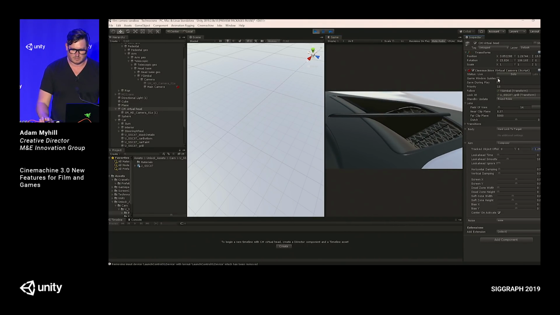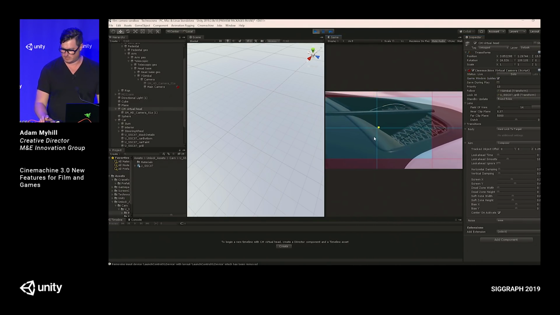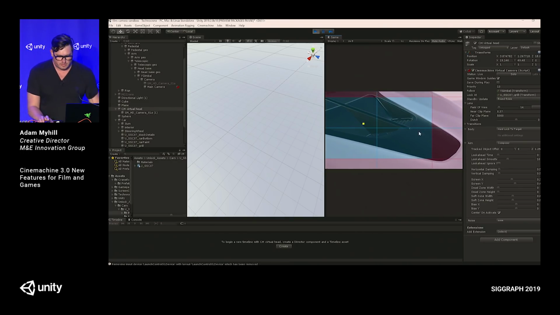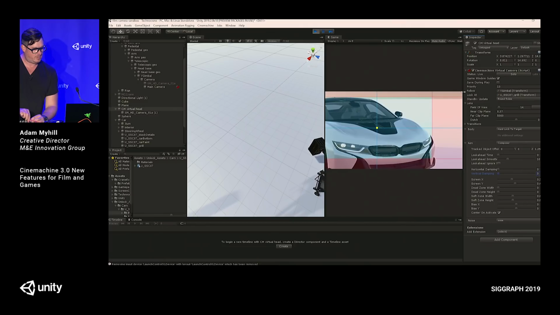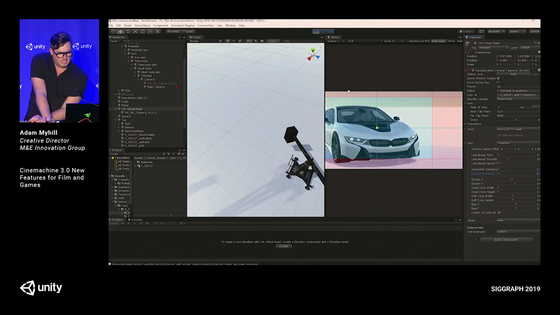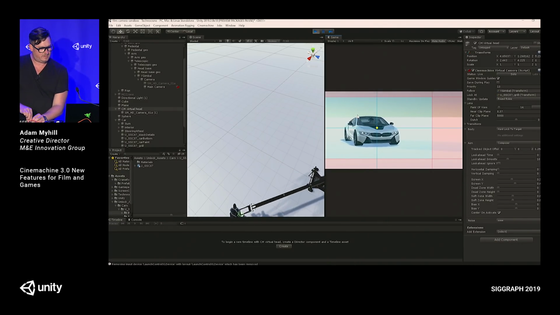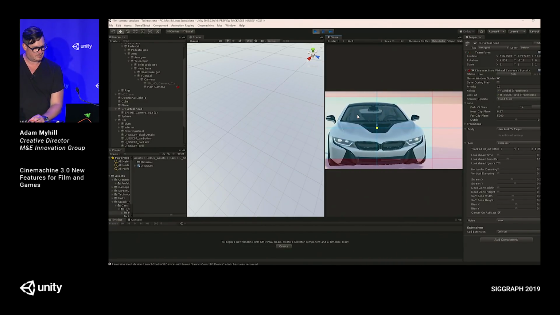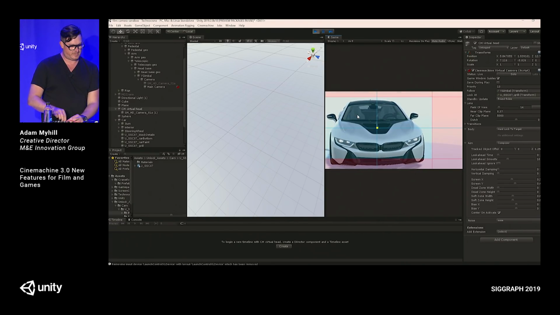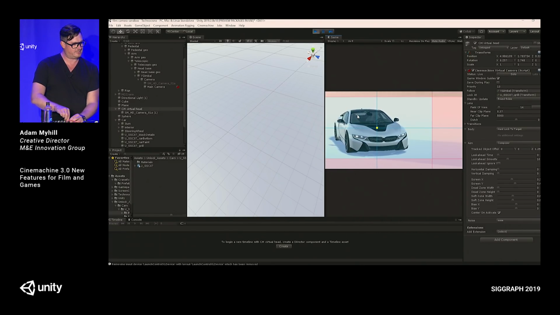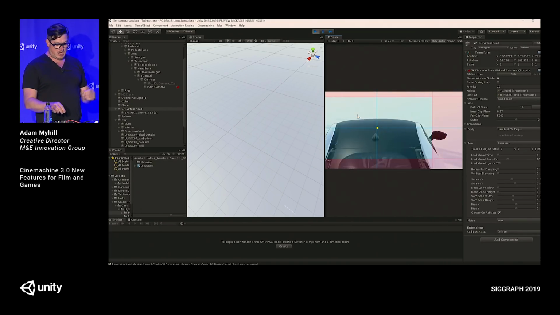And this is all done with the composer, of course, and you can put the composer shot however you want. I'm going to turn the damping down so it stays pinned. And now whatever you do, that part of the car is pinned to that part of the screen. And I'm not going to try to show you the sexiest camera move right now, but you get where this is going.